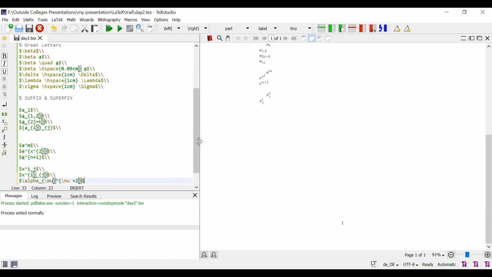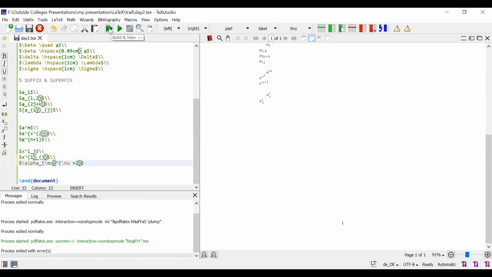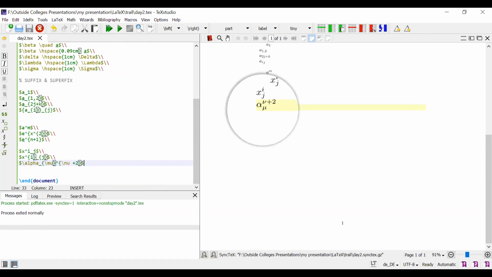Just be aware of the number of braces. I have 1 2 1 2. Okay, my braces are correct. See this, alpha mu power nu plus 2. Okay, this is the expression.